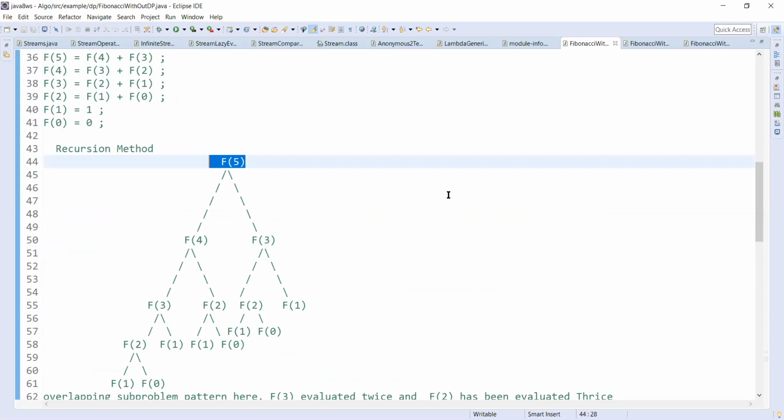If you are calculating duplicates, try to avoid them by using memorization, and later you can apply the bottom-up tabulation method. That's what you can practice, and you can end up with the dynamic programming solution. We'll see more dynamic programming problems and their solutions in later videos.